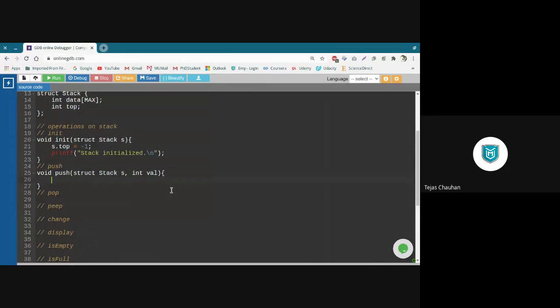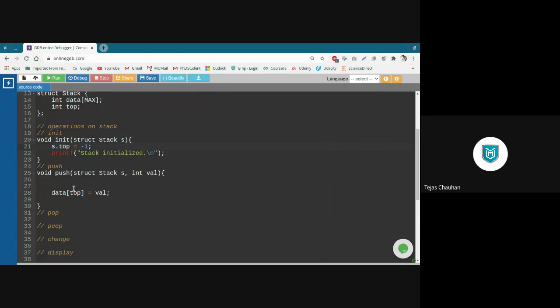Now here in this function, in our data array, we are going to store this value, at which position? Wherever your top is pointing to. So in your data array, at the top position, you are going to store this value. But before that, when you initialize your stack, top is -1.